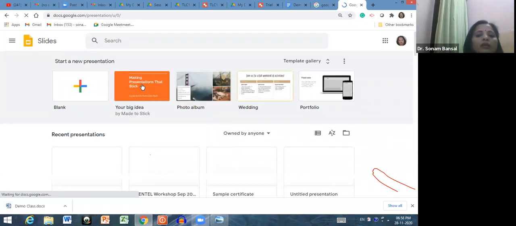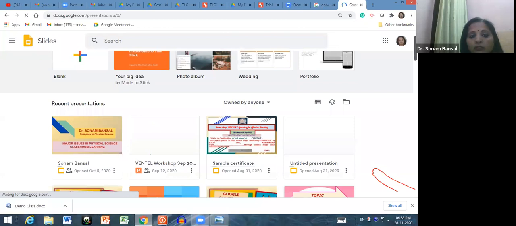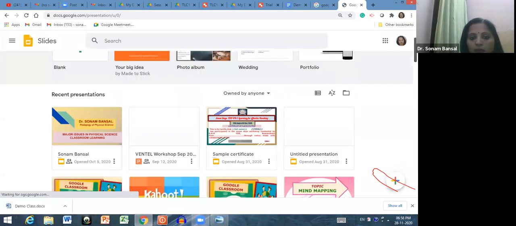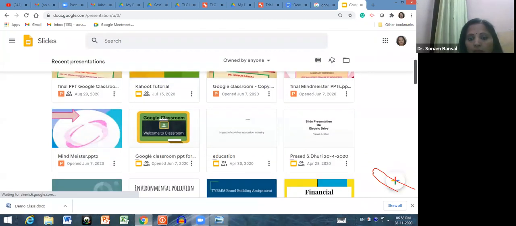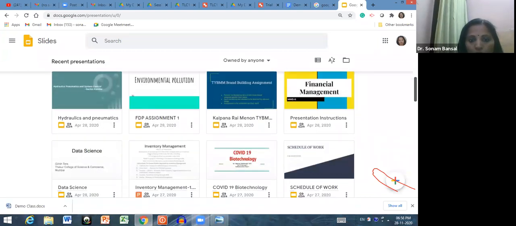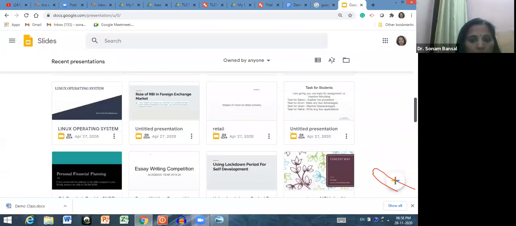And see, these are all ready-made templates. And this is the already prepared Google Slides that I have prepared and shared with my students. I want to show you one of the slides that I have prepared with the help of my students.